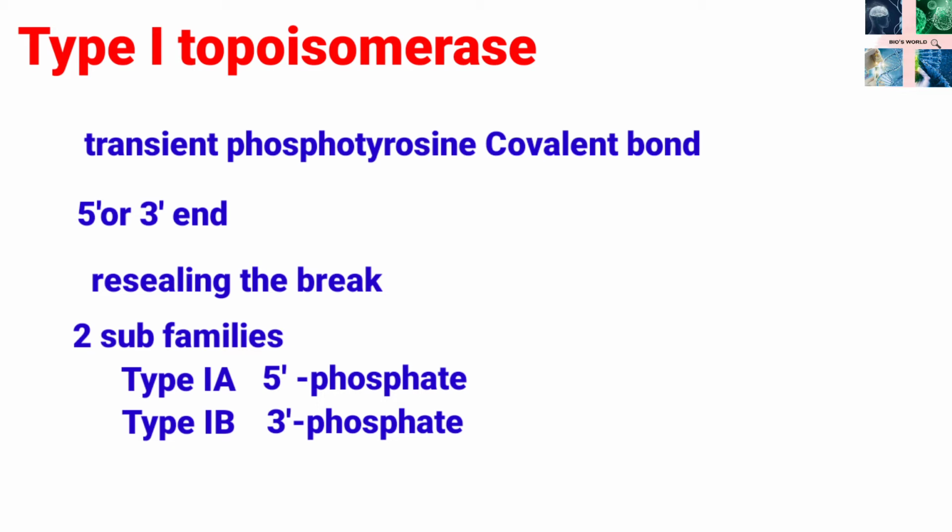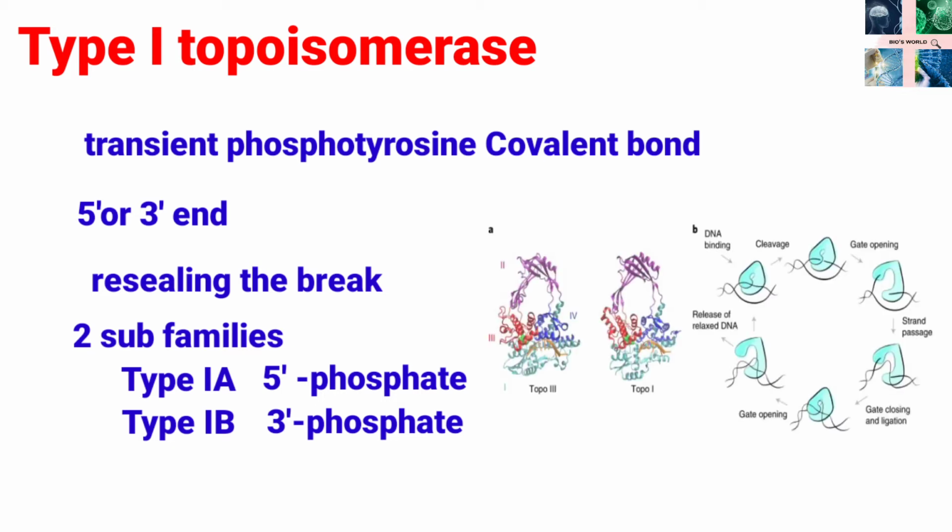Type 1A topoisomerases pass a single-stranded DNA segment through a transient break in a second single DNA strand, whereas type 1B topoisomerases break one DNA strand and allow one duplex end to rotate with respect to the other, which surrounds the